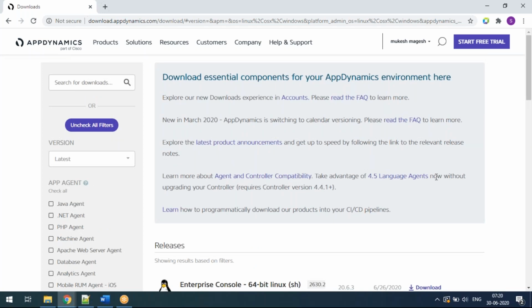But in this kind of installation, what people used to do is a single box where everything is installed, but it will be an elastic box, so anytime they can add certain memory, if it is an on-premises installation.